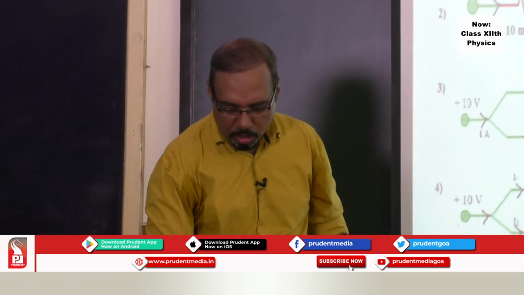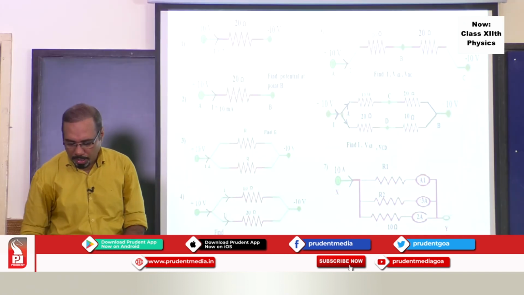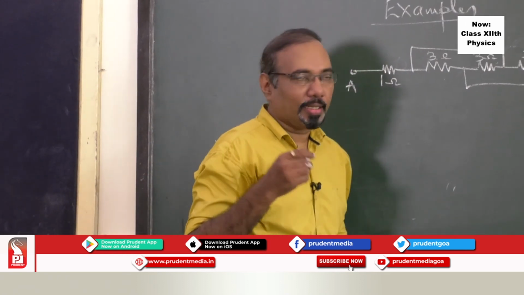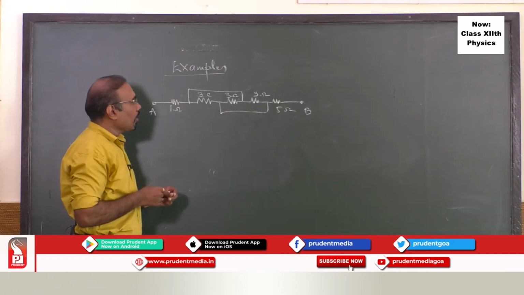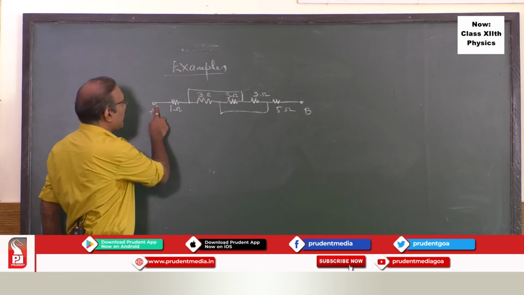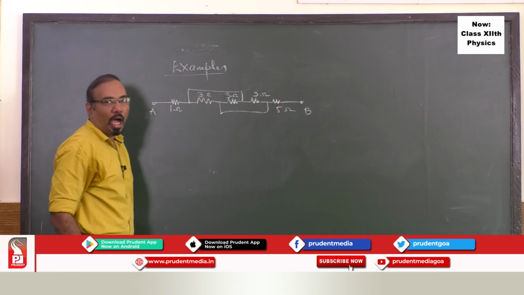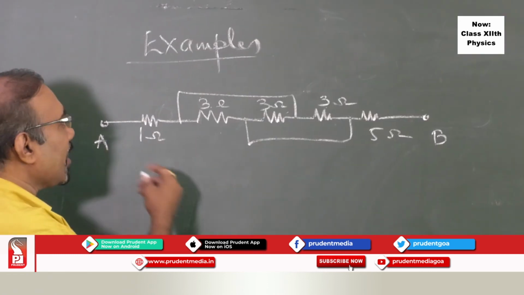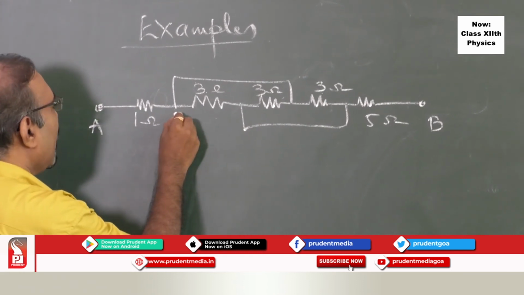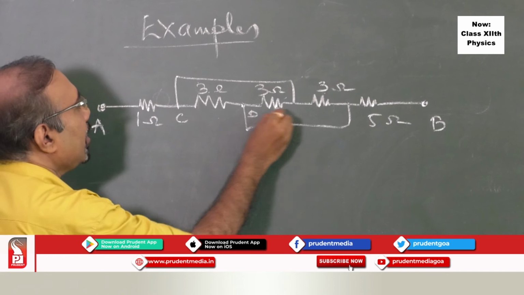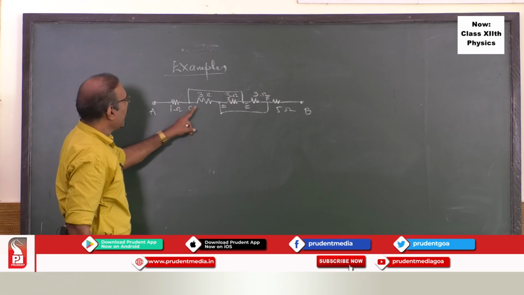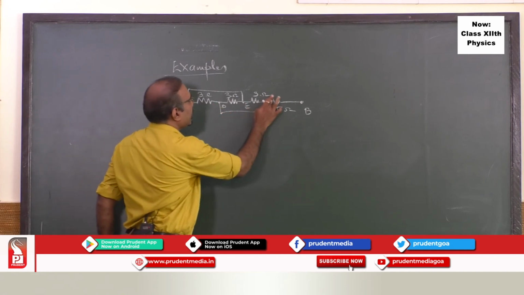So let's solve some situations based on this before we go ahead. Let's see this particular example. Actually we'll do it. So start drawing this circuit and try to solve this. Let's solve together. So we have to find out the equivalent resistance between A and B. So how to get the equivalent circuit out of this? Let's start from there. You put this point, say C, this is D, this is say E, this is say F. So C, D, E, F.